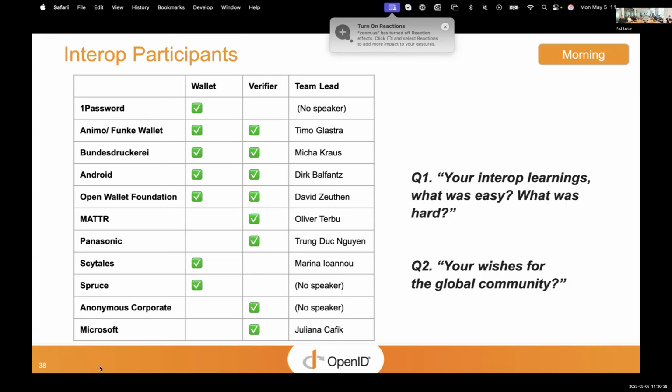Very good. And I don't have NIST on this list either. Obviously, they were speaking and it helped support the event. But a huge amount of credit for this series, or we could call it a marathon of Interop events, goes to Ryan Luzzo, who said this would be a good idea, not just for the NIST NCCOE project, but also for a wider set of wallets and verifiers to be able to prove out the spec.